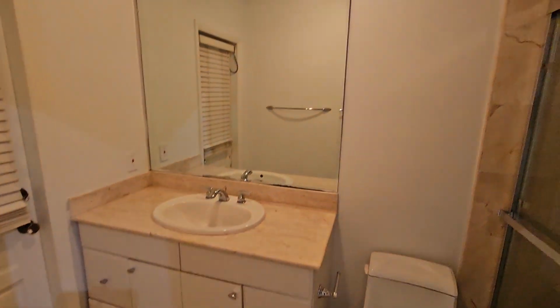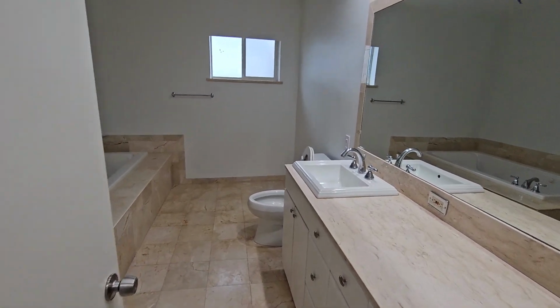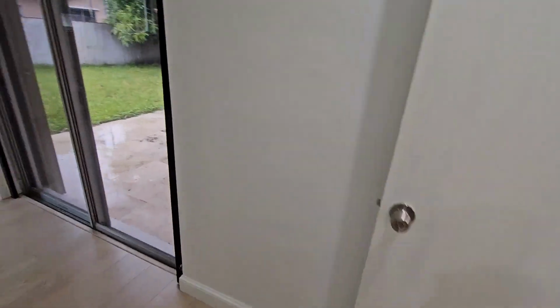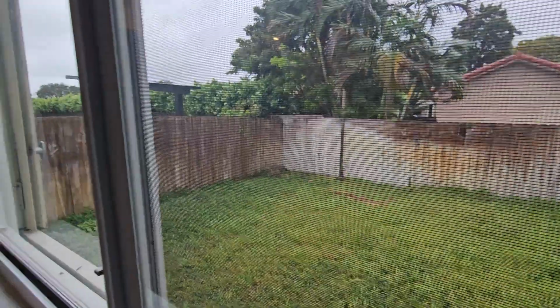This is the second bathroom. They have some extra closets over there. This is the master suite. Here's the master shower. It's a good space. And they have the backyard. The master suite has a view of the